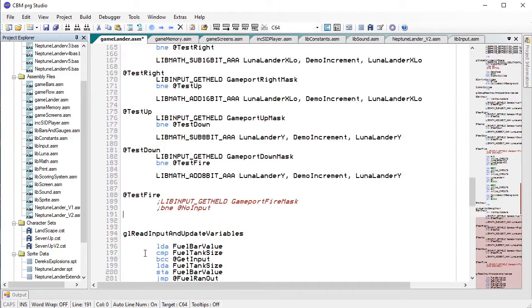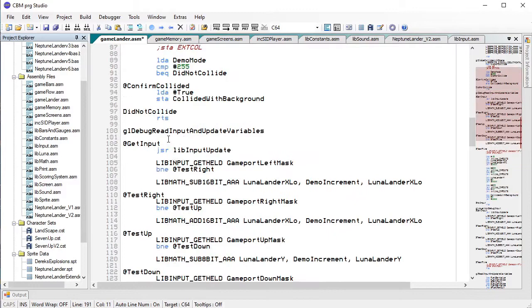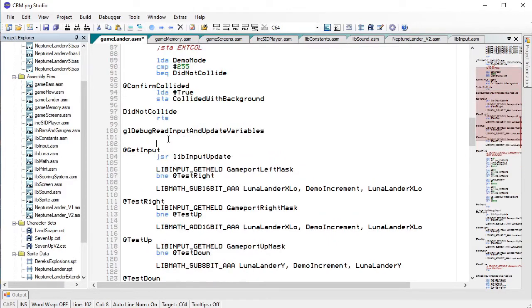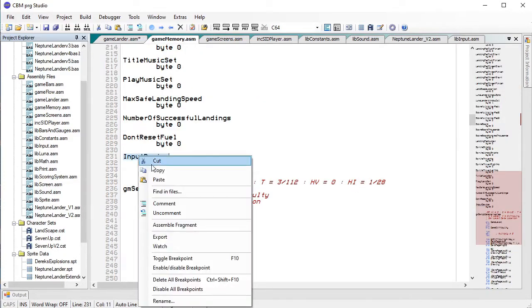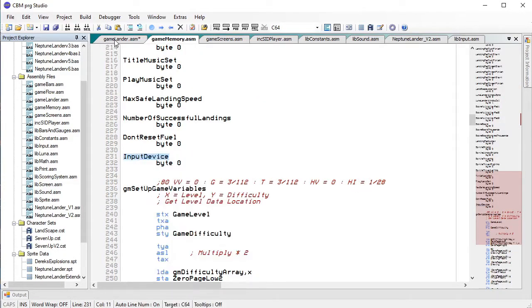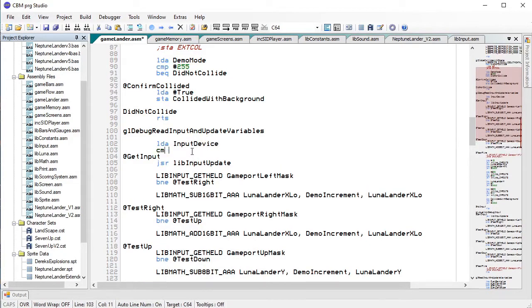Yep, and then we'll just do RTS from that. And so we'll put a test in here. So we're going to go LDA. What's the memory location again? Input device. So LDA that. Compare it with